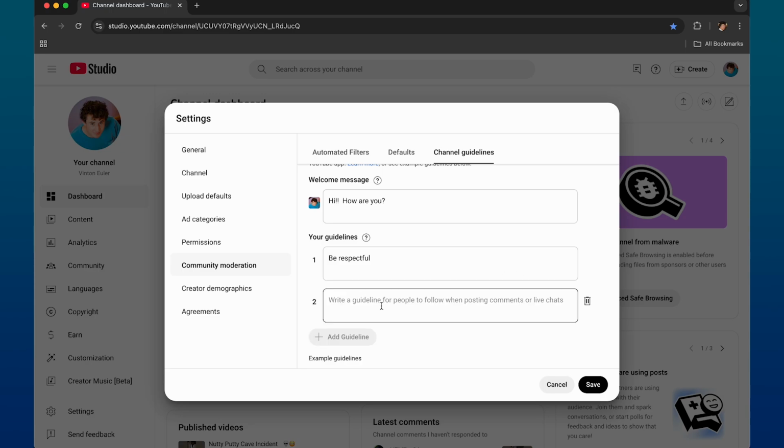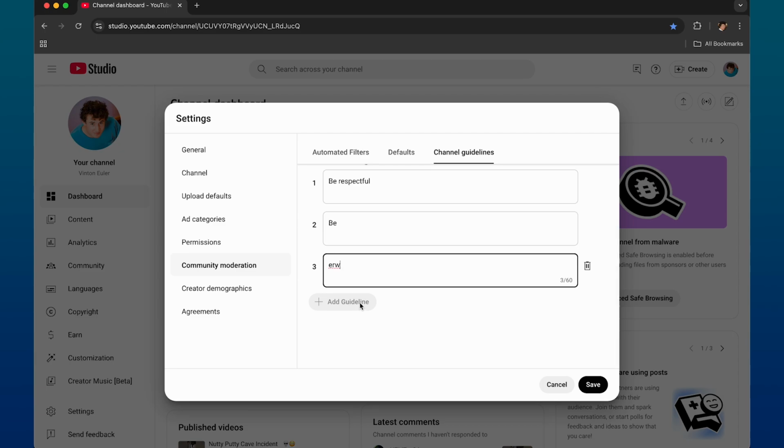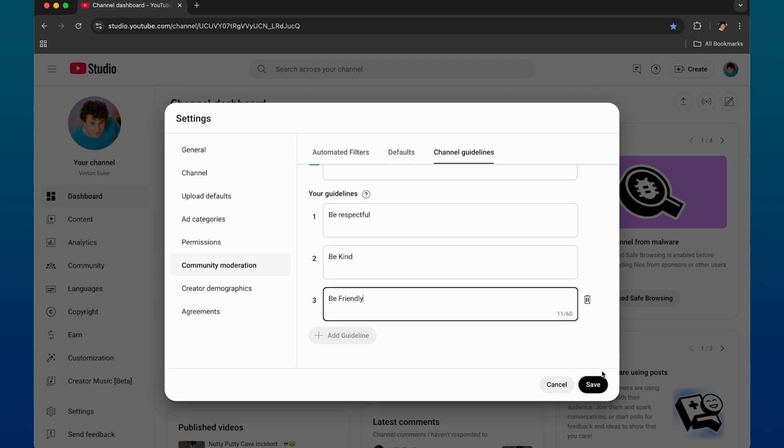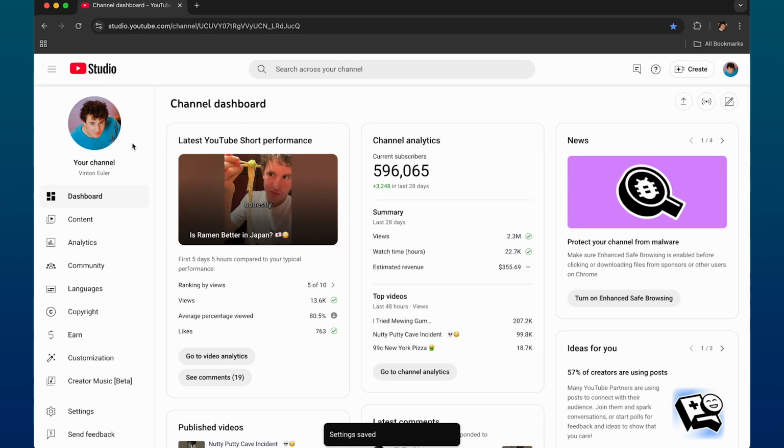You can see it's up to 60 characters. You can just add the guidelines like so, and once you continue adding them, you can add 3 of them max. And when you click on the save option right here,